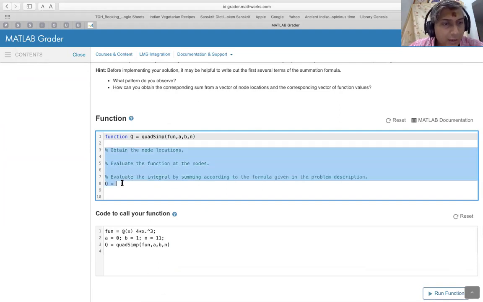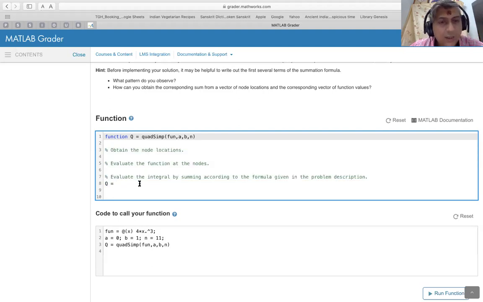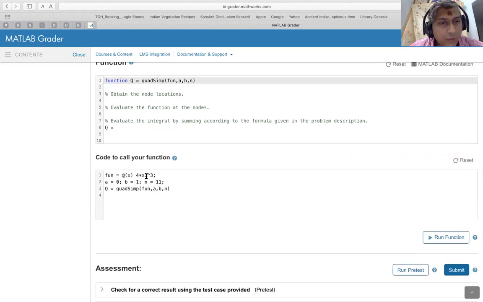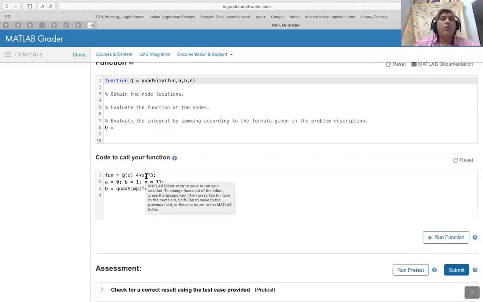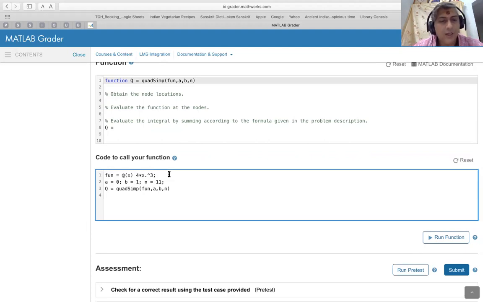What is editable is this portion here. And this is where the user writes the code and finally returns this variable here. Now the learner is also provided with sample code as to how to call the function. Now this is more of a helping hand. It is not mandatory, it's optional. So this is like a test case you're providing. You're helping the learner to test the function before it is tested on some other data set or some other problem that you are going to provide.